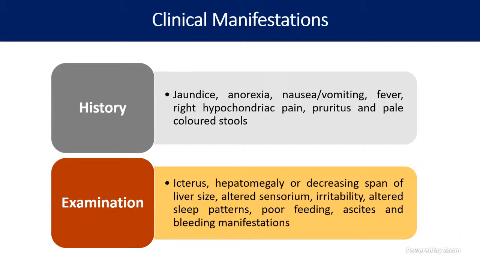So when you examine, you will see that the child is icteric. You will see in the eyes the child is having jaundice in the bulbar conjunctiva, sclera. Then you will see that the child's liver is palpable. The child may be irritable. The child may have excessive sleepiness. The child will not eat. Even if he is eating, he may throw out. And the child's abdomen starts to get distended. There might be ascites and bleeding manifestations might be there. So the child may have epistaxis. Sometimes the child might be vomiting blood, hematemesis might be there. They may have melena. So these might be the presentations.